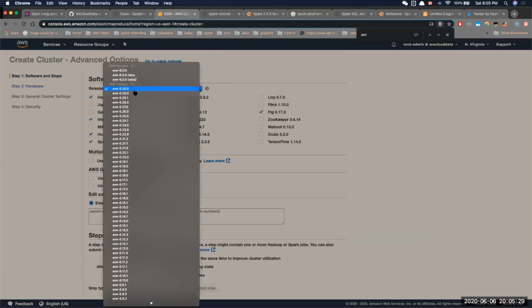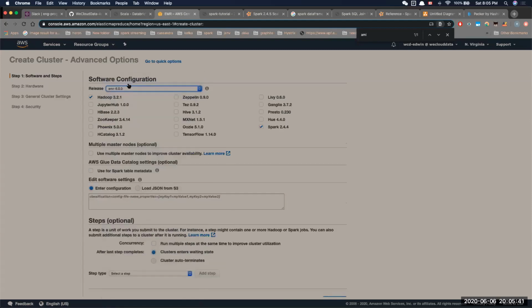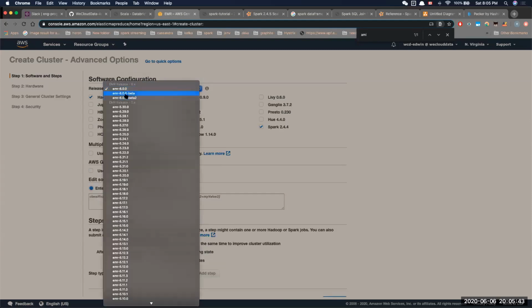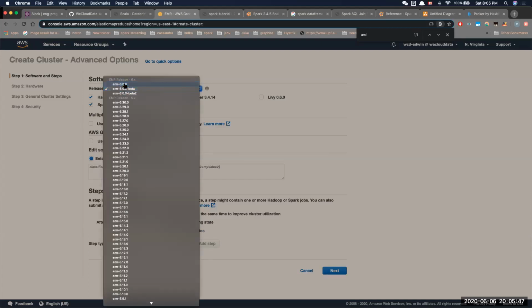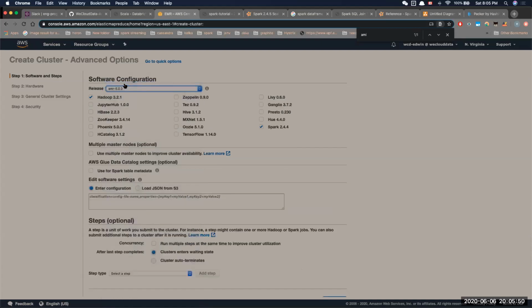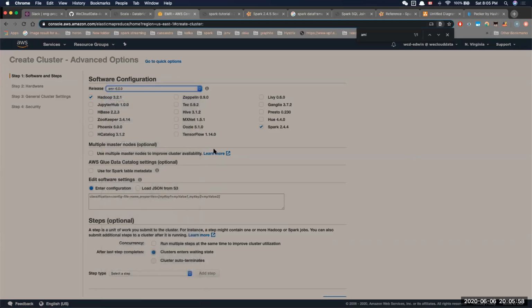Yeah. So as you can see, by default, 5.30 is being selected. EMR 6.0 is also available for use. If you click on 6.0, it's beta, so it has much less options. But 6.0.0 is basically a little bit more advanced version compared with 5.30.0 in terms of the release